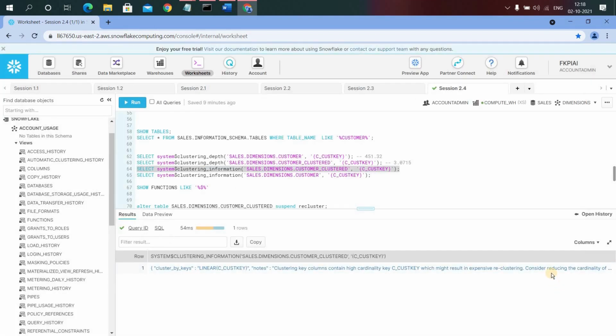Finally, I want to tell you something about clustering. It is a trade-off on what column you apply the clustering. Suppose you choose a column which has more unique values, then you will get efficient query pruning that helps more in where conditions, and in queries where you are joining with other tables.